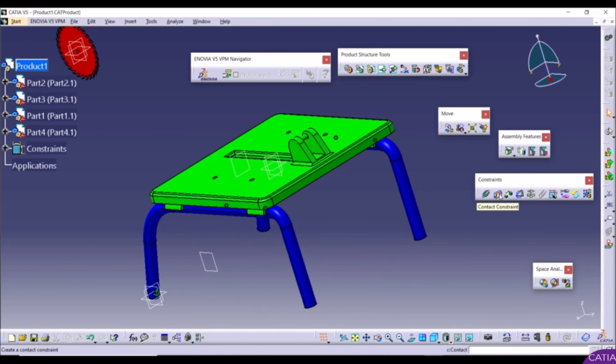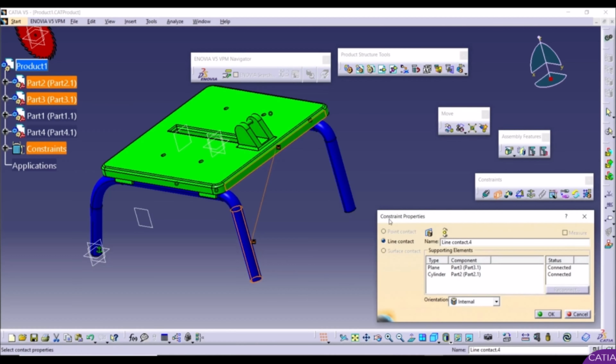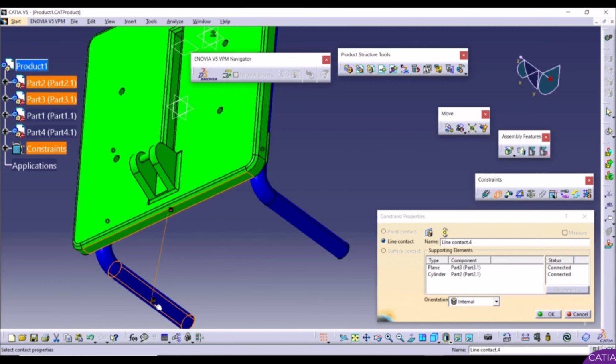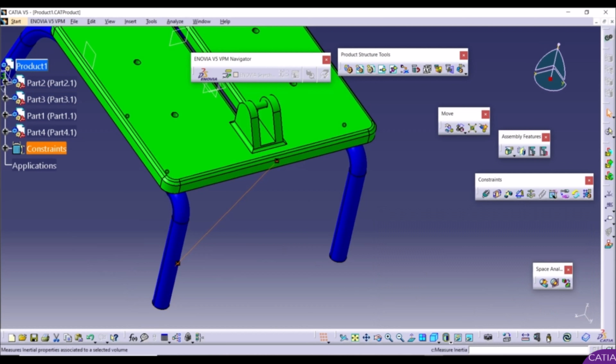So let's go here, and here we have another constraint, and that is contact constraint. With this constraint, we can make two faces coincident with each other and opposite. So let's select this tool, like this. Now let's select this face here, this one here, and since we don't have a face here, we have cylindrical face here. Let's select this face here. Here we have some options, properties, but only available option is line contact. And now we can see this line here will be coincident with this face here, like this. Let's go with OK, and let's go with update,